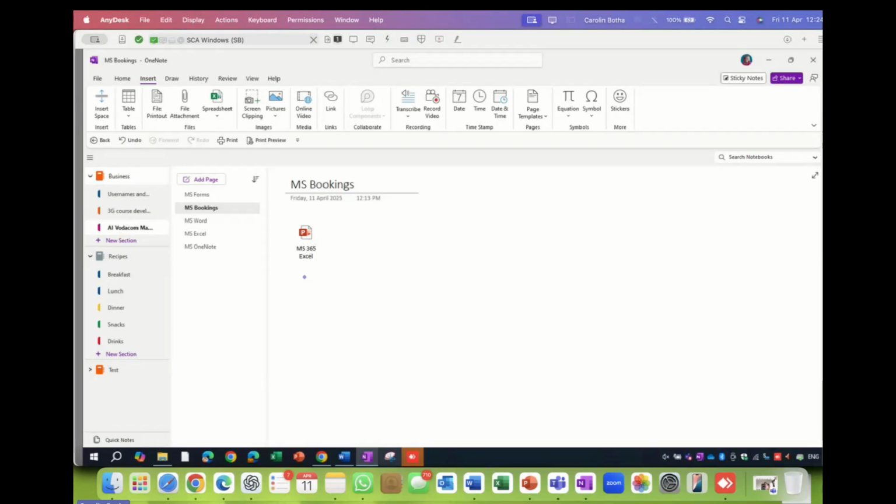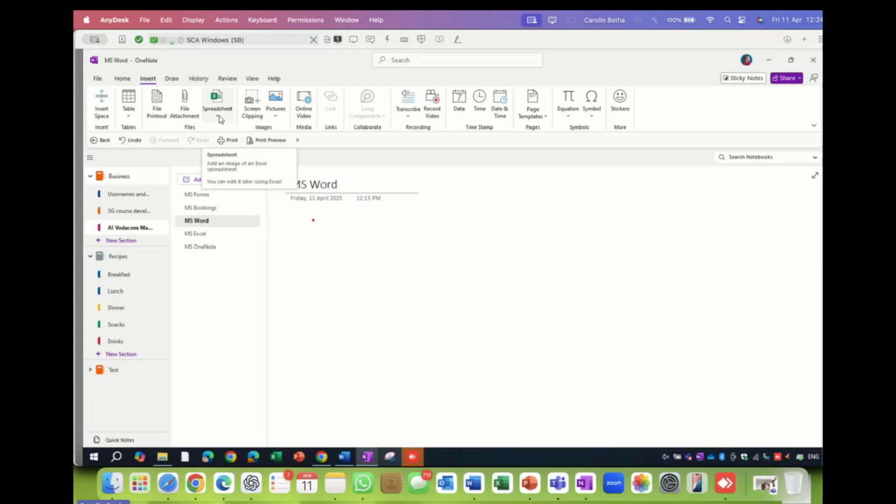When you are ready to attend the meeting, you just go to OneNote. You don't have to go, oh, where did I file this? Where did I put this? Where is my presentation? It can all be here as notes ready for you just to open while you're in the meeting. You can just open it one at a time and it will show up on your screen. Lovely way to gather stuff. What else can we do? So that's the difference between a file attachment, a printout, inserting it, and the file attachment.